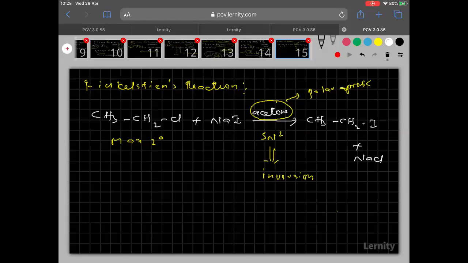Clear? Here, let me take one example to explain you clearly. Now, here one Fischer projection. So here chlorine is there, see clearly. Then here methyl, then here hydrogen, and here deuterium. Okay, so this when treated with NaI in presence of acetone. So try to write the product here, everyone. Try to write the product in this case.